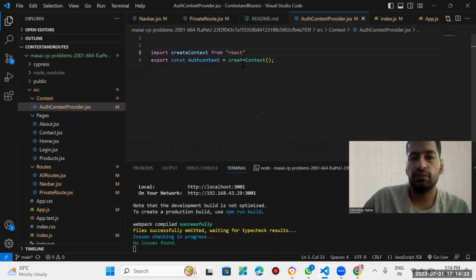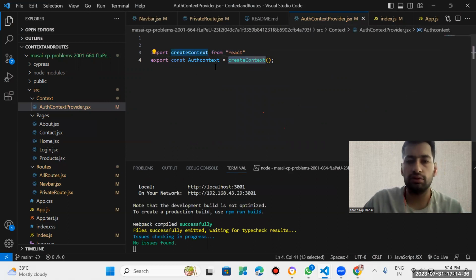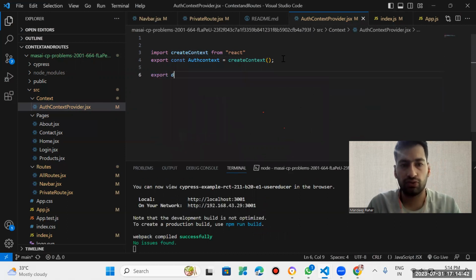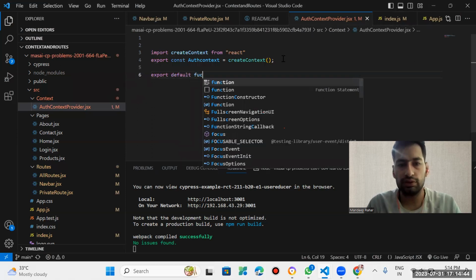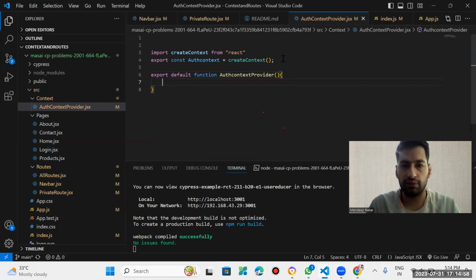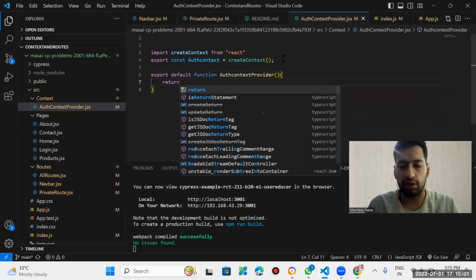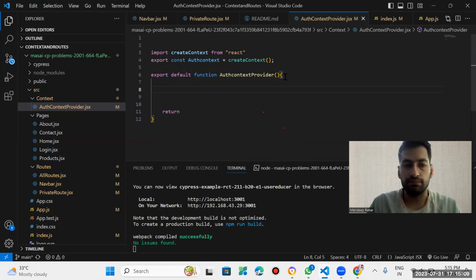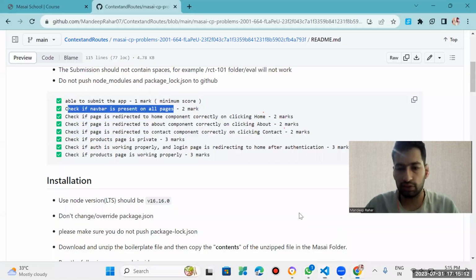Okay, now we have already created our AuthContext. Now we are going to create our function: export default function AuthContextProvider. In this function we have a return also. So here we take our every